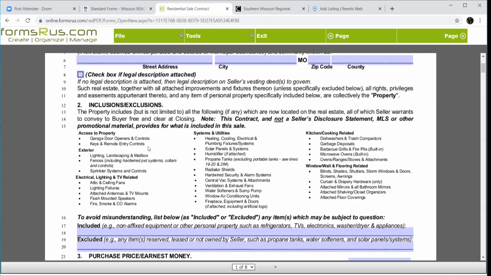All of these things here that are now in teeny tiny letters are the things that the buyer should expect to be coming with the property. Now, the couple things that you need to watch for specifically are propane tanks, solar systems, water softeners, and alarm systems. We need to make sure those items are actually owned by the seller. Because if they're leasing that propane tank or leasing that water softener, it doesn't actually convey with the property. Now, your buyer can likely make an agreement with that company and leave it in place, but it doesn't convey with the property.